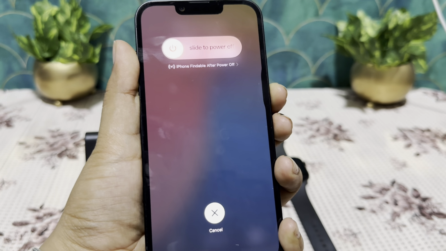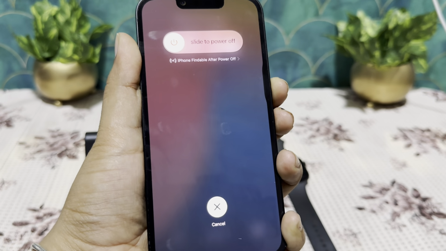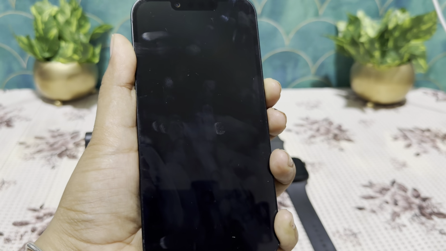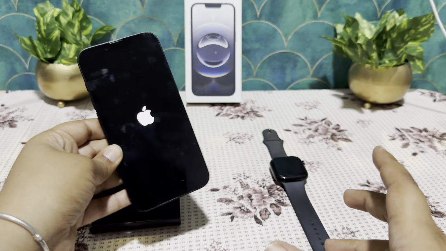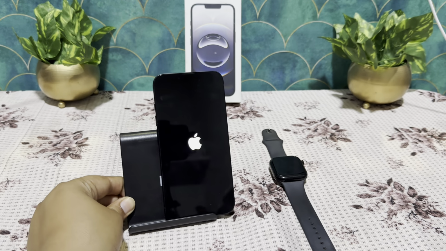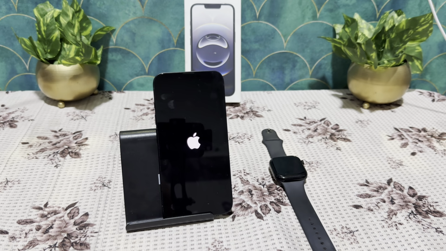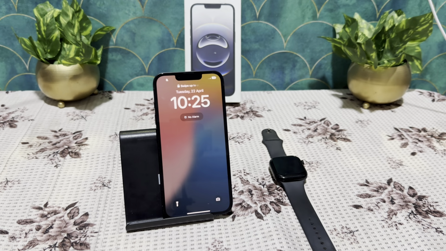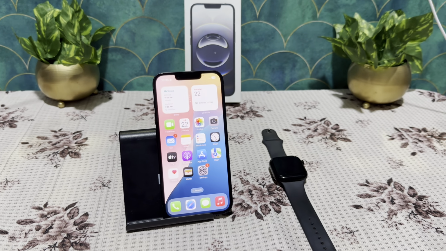You just need to be patient and wait for the Apple logo to come in front. Just ignore these kinds of slides coming in front. Let's wait for the Apple logo. Okay, here it is. Now simply place the phone on the stand and wait for it to start. This is how you can give a quick and easy restart to your iPhone. That will give you a very soft reset to your phone, so that you can get all the things back in their places and start working well.